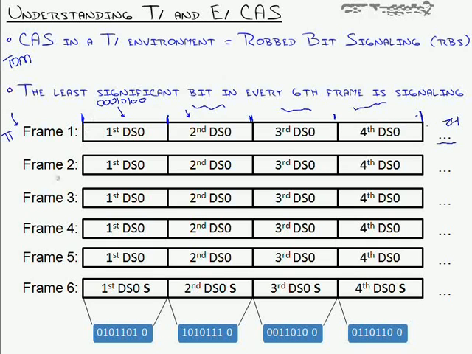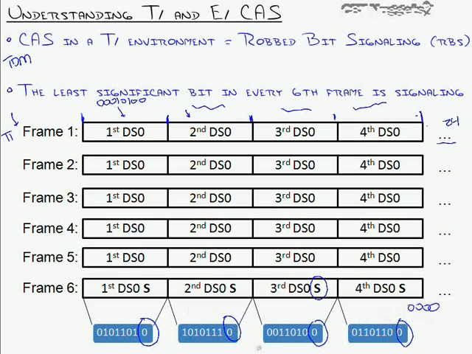So as we go down, you send your frame 2, frame 3, frame 4, frame 5, frame 6. The least significant bit, that guy right there, this one, this one, this one, in every single one of those DS0s is reserved for signaling. So when the receiving side gets all those together, notice I just put my little S here to signify this is a signaling frame. When the receiving side gets it, it puts all those back together and says, okay, at least for the first 4 DS0s, I've got 0, 0, 0, 0. There's my first signaling bits.